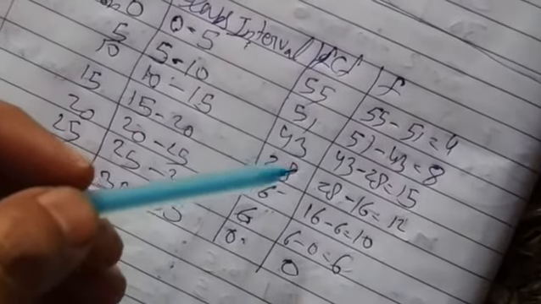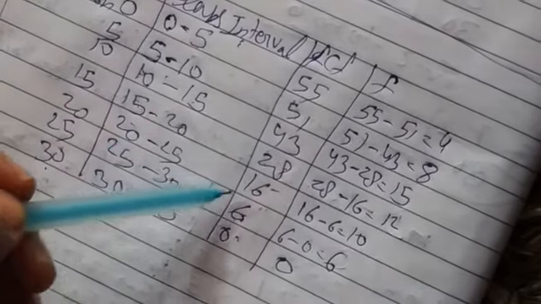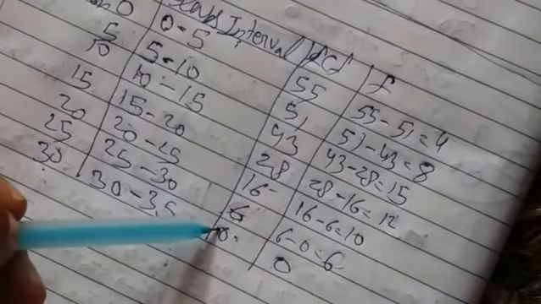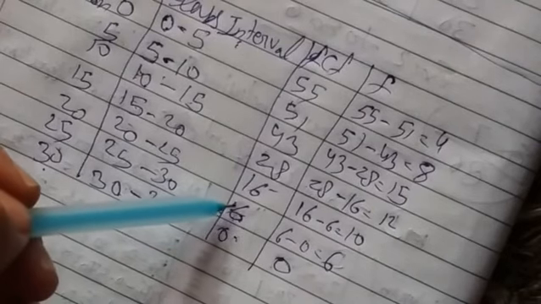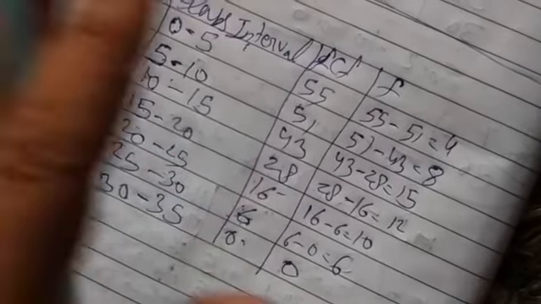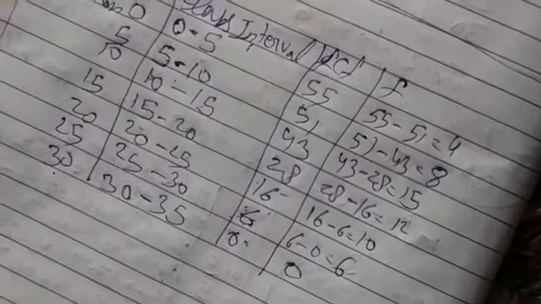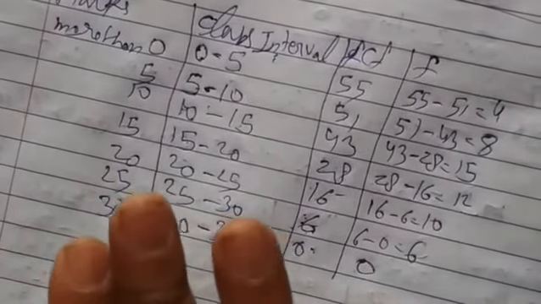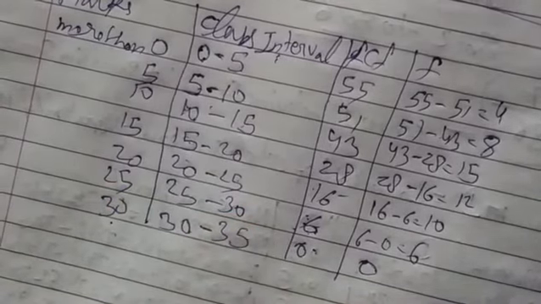What you need to do, you just need to take the upper number and subtract the previous number from the upper number. That is to be done when you have the more than series. This is what we need to do in the more than series to solve this question. Okay, so these were the 3 questions we have solved today.